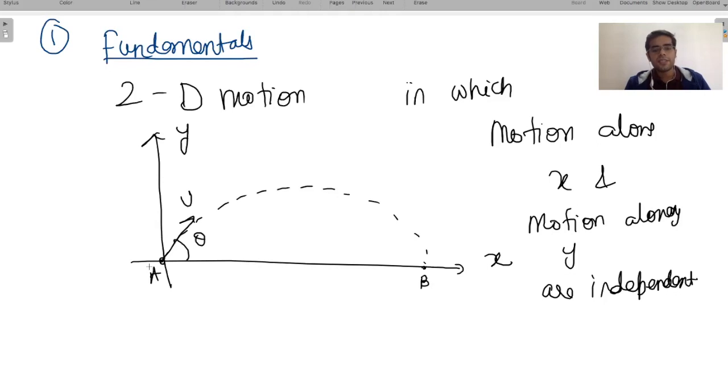Since my ball is going in the x direction and also in the y direction, but x and y are not related. X is independent, y is independent, and the motion is happening in both x and y. So what I'm talking about here is, first you need to understand the fundamentals behind studying anything. So in physics, let me know the class of everyone.